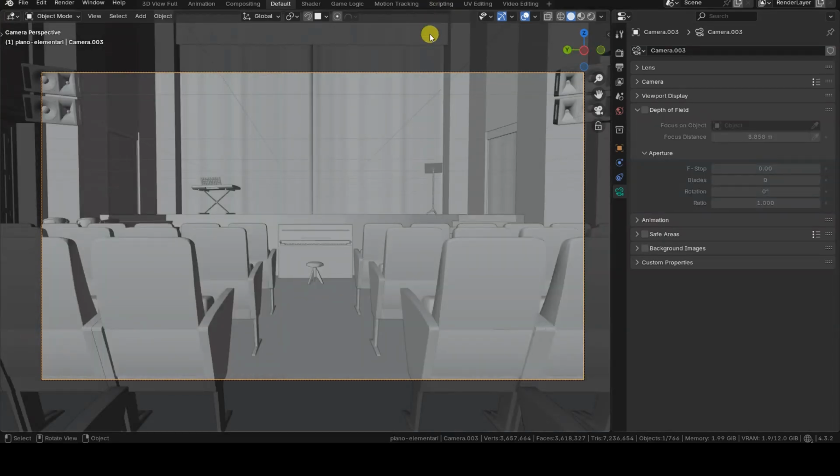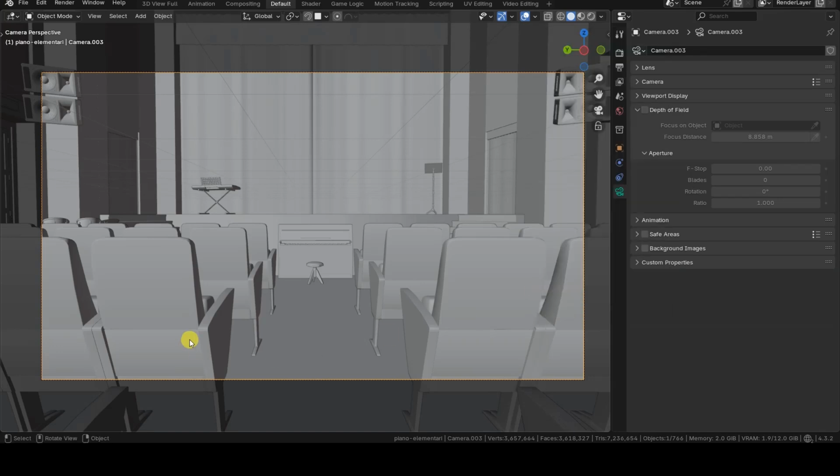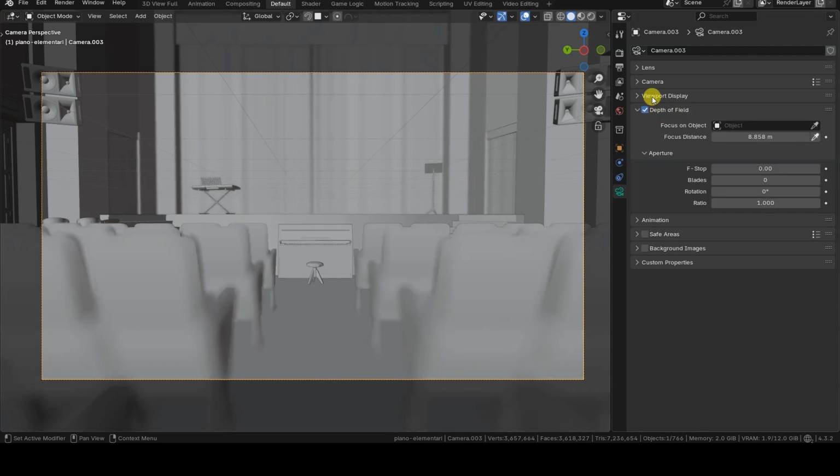Now I'll show you a practical example of how to use it, starting from a scene where depth of field has not been enabled either in the viewport or in the camera object settings. First, I enable the depth of field display in the 3D viewport by checking the corresponding box in the viewport shading menu. I then select the virtual camera. Inside its Object Data tab in the Properties editor, I enable the depth of field option. At this point, since the add-on hasn't been activated yet, I'm manually choosing a scene object as the focus point.